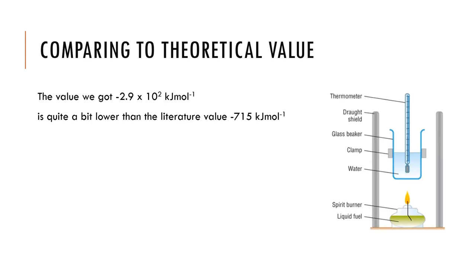Okay, once we have figured out what our experimental value is, we need to compare it back to the theoretical value. This is the value that we would get from the data booklet, okay, from your tables in your data booklet, and we would compare it to our experimental value. And as you can see here, this is quite a bit different to what we got from the data that we were provided. When we do this, we then have opportunities to discuss experimental error and what that means for